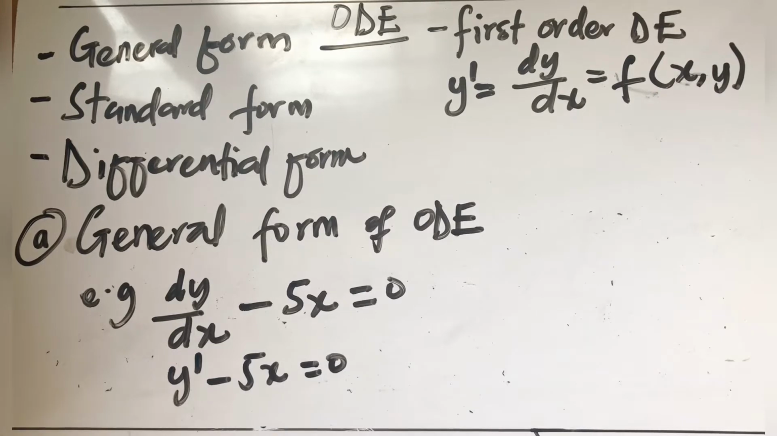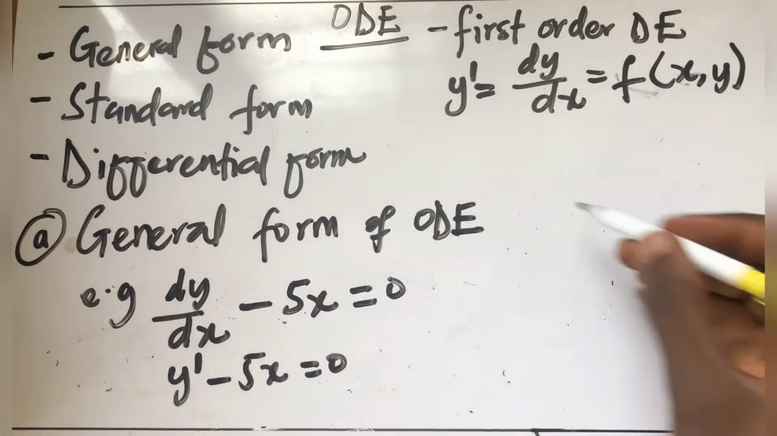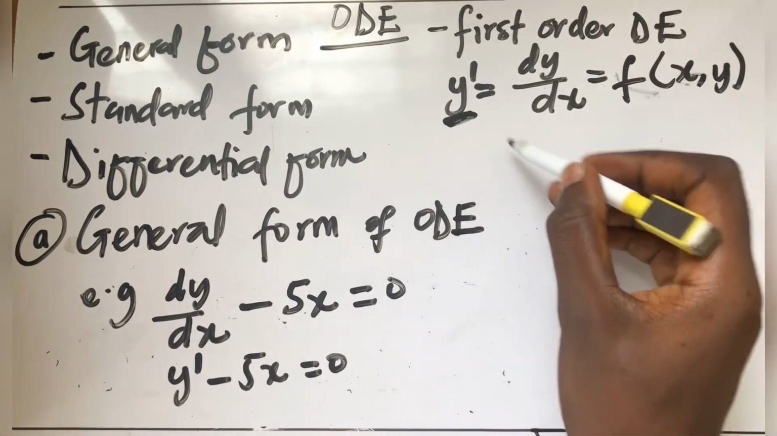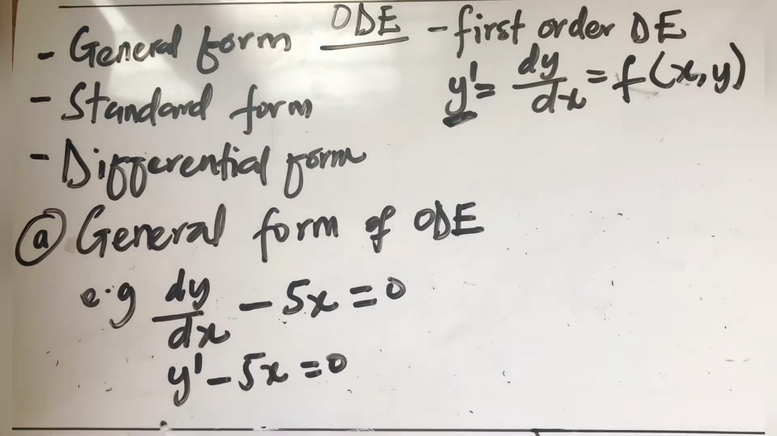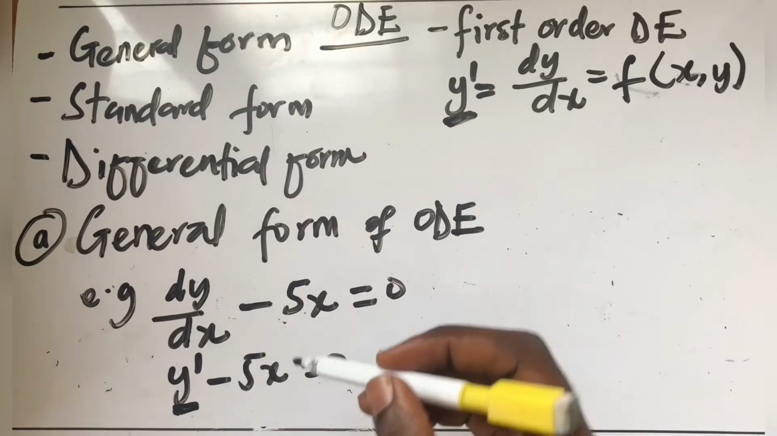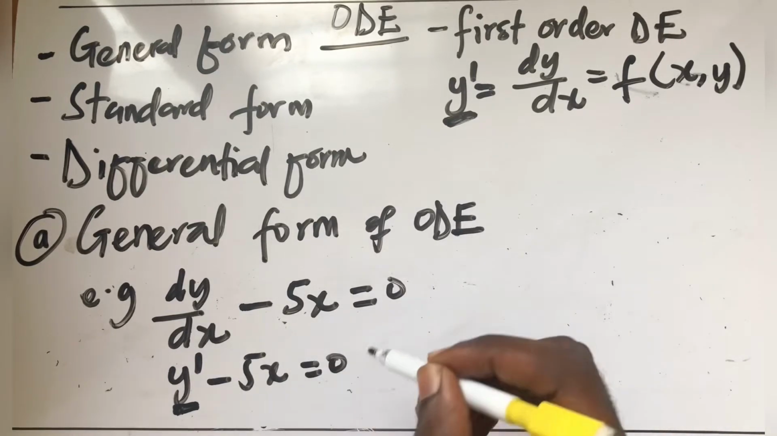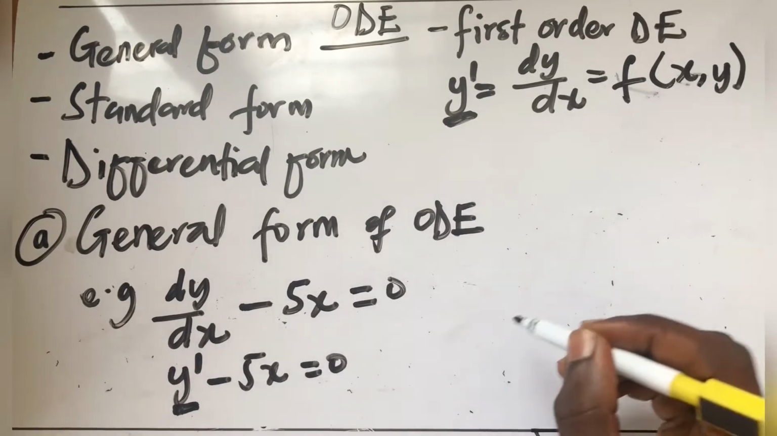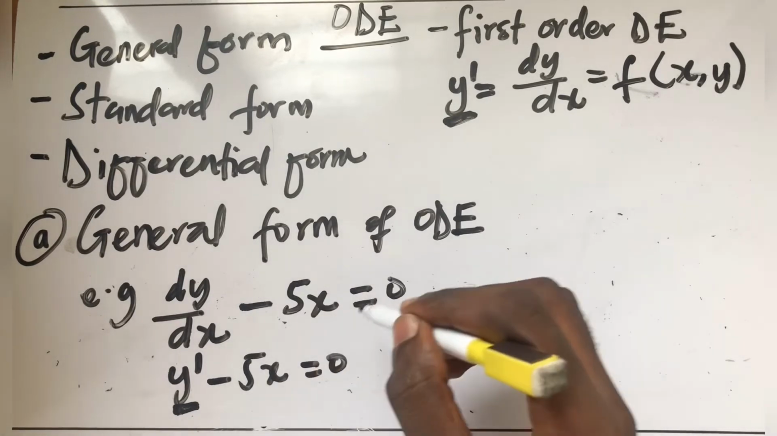So whenever you meet any differential equation and it is equated to 0, it means that's the general form of the ordinary differential equation. Note that every ordinary differential equation must be in its first order, that's the y prime. The same thing applies over here. So whenever you meet an ordinary differential equation and it's written and equated to 0, it means that the differential equation is in its